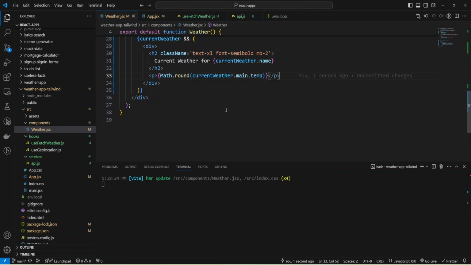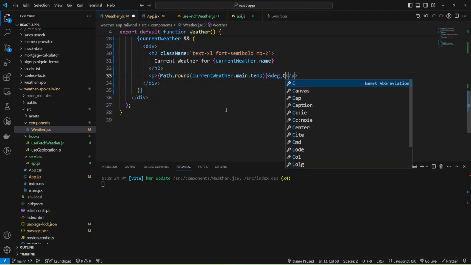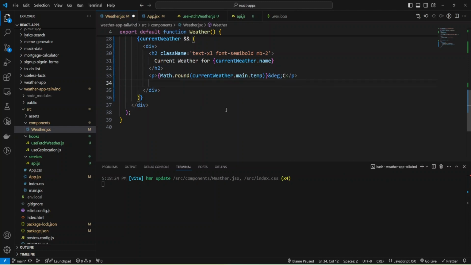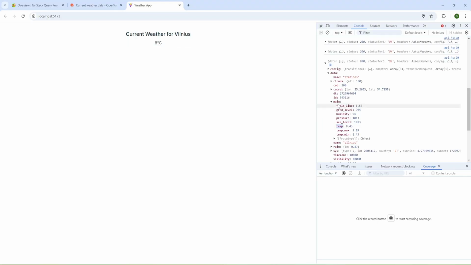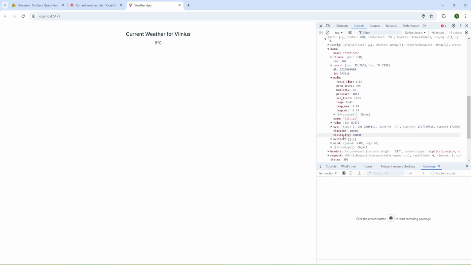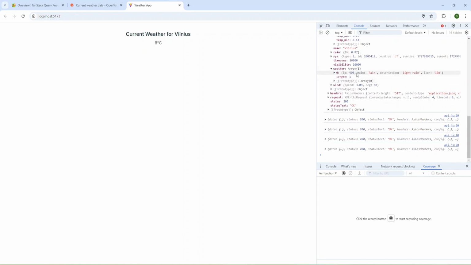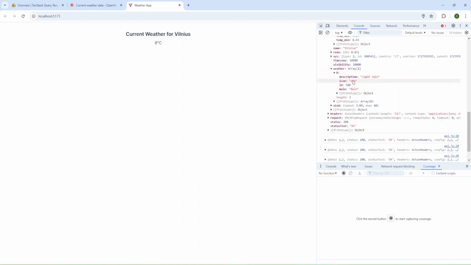Let's add some degree and also Celsius. And we can add some description. And let's check where we have description. And we have main, we have weather array, and we have description in the first item.